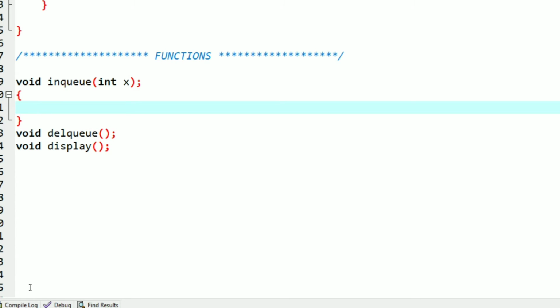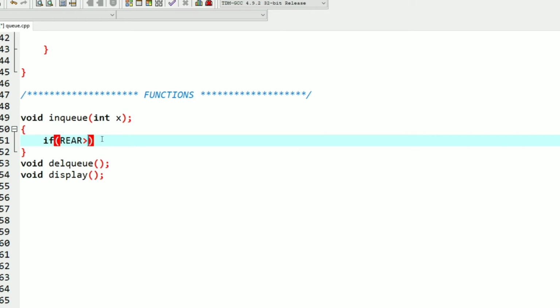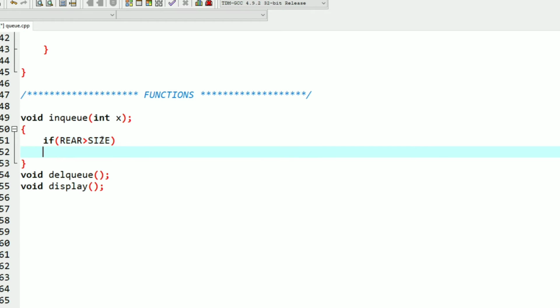Before we enter the element, we have to check whether the queue is full or not. If the queue is not full, then we can insert the element, right? So we will take the help of an if condition. We will check if the rear end of the queue is greater than or equal to size minus 1. Size is the maximum size we have declared, that is the maximum space the array can hold.